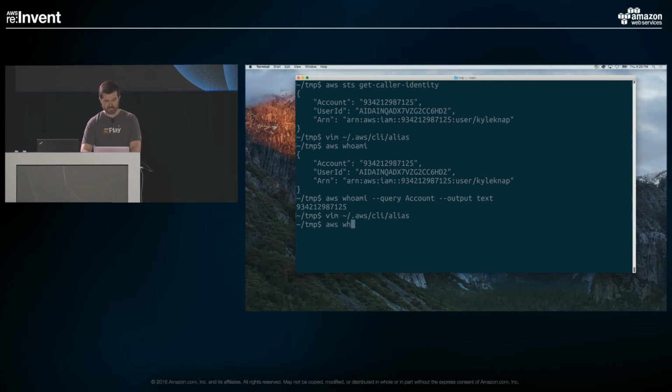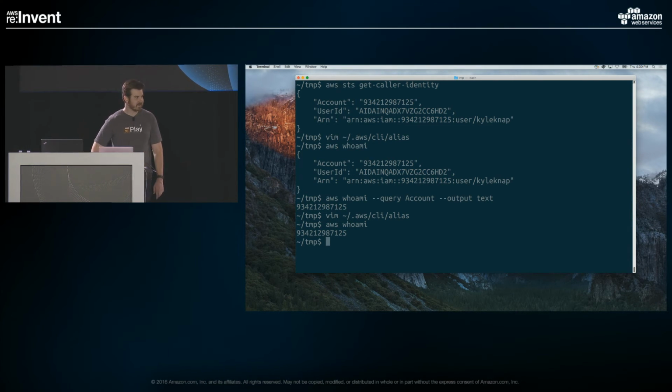So that now, if I call AWS who am I, I just get that unquoted account ID back. So now that I gave you that brief introduction of how aliases work, what I want to do now is show some of the deeper functionality that you can get out of using aliases. So going back to our sample application,